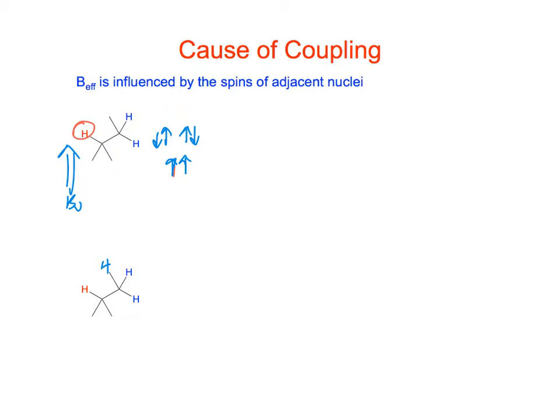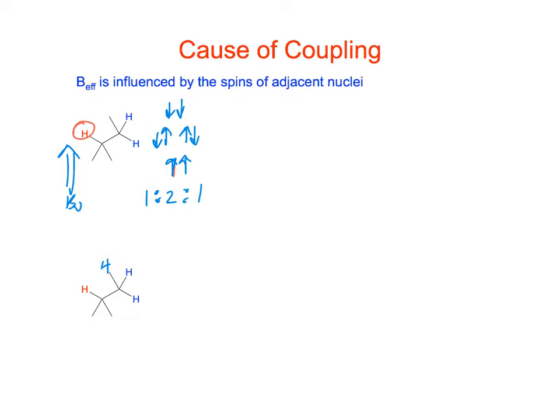Those should be this way. Right, and these are going from low energy to high energy, right? So the two that are aligned are going to be lower in energy. The two combinations that have one in each direction should be right at the same place as the beginning chemical shift, right? And notice the other thing is that these are in a 1 to 2 to 1 ratio